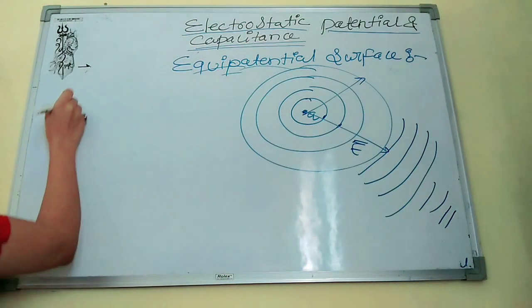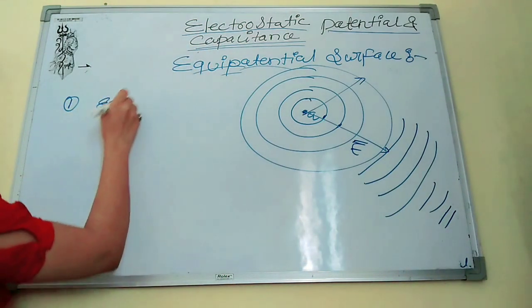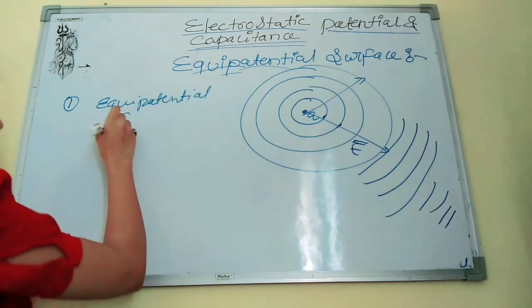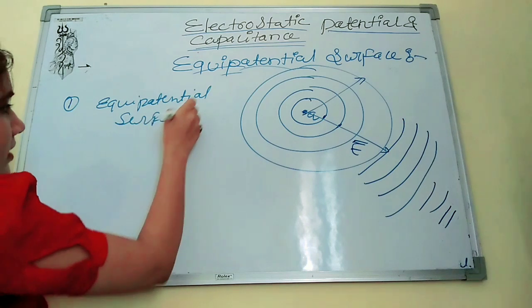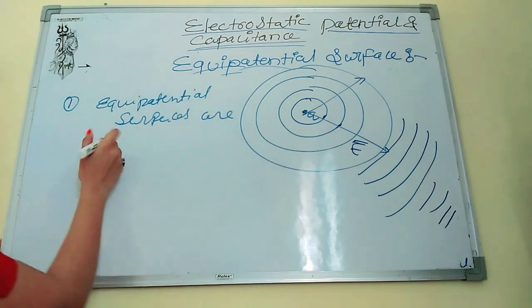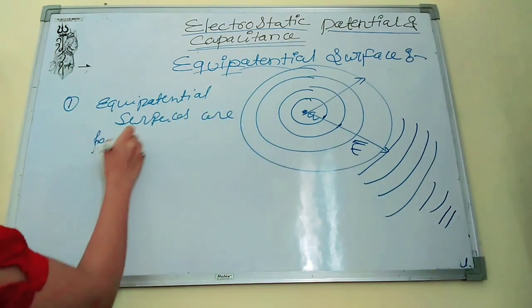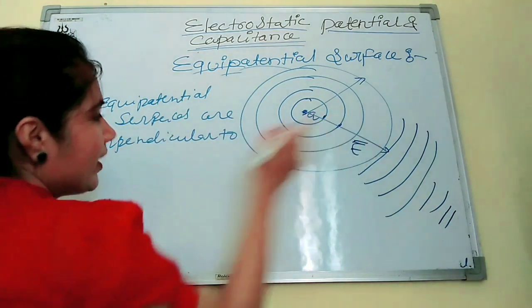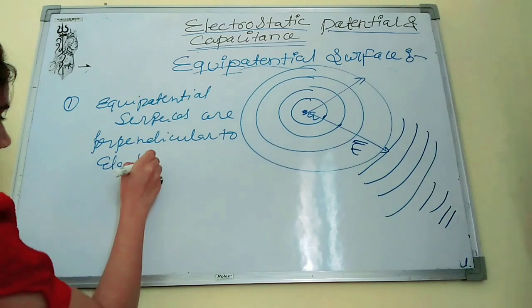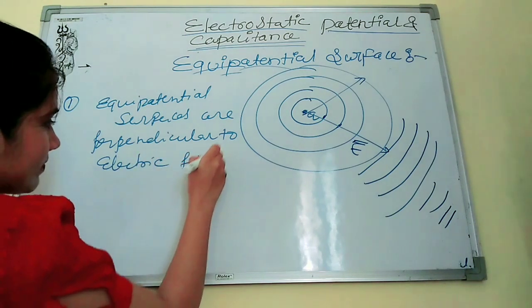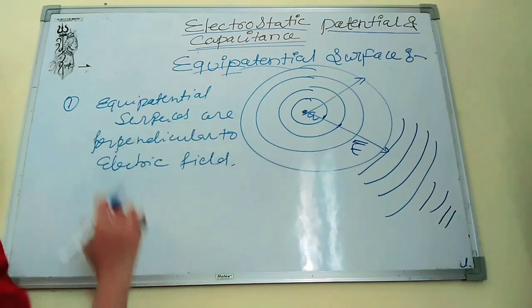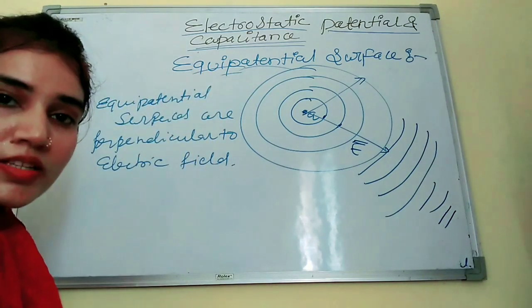So you can write: equipotential surfaces are perpendicular to the electric field,